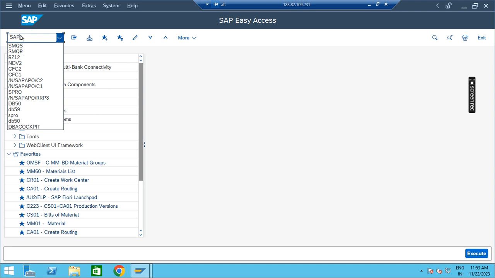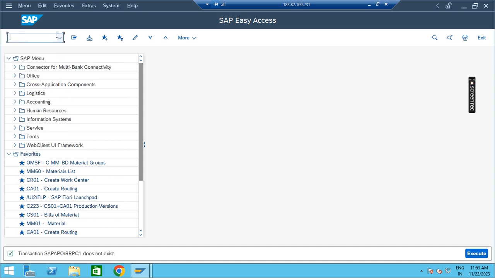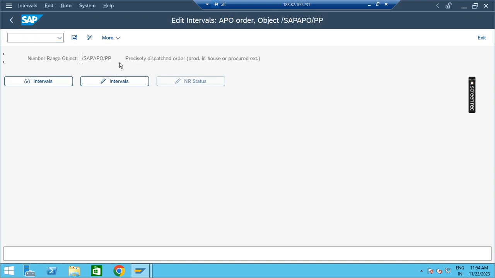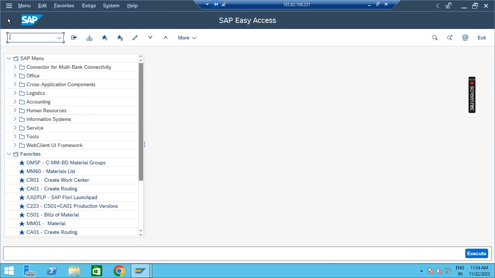SAP APO. It's like number ranges, RRPC1. /n/SAP APO RRPC1. So this is the number range. You can define the number range also. Then at last,